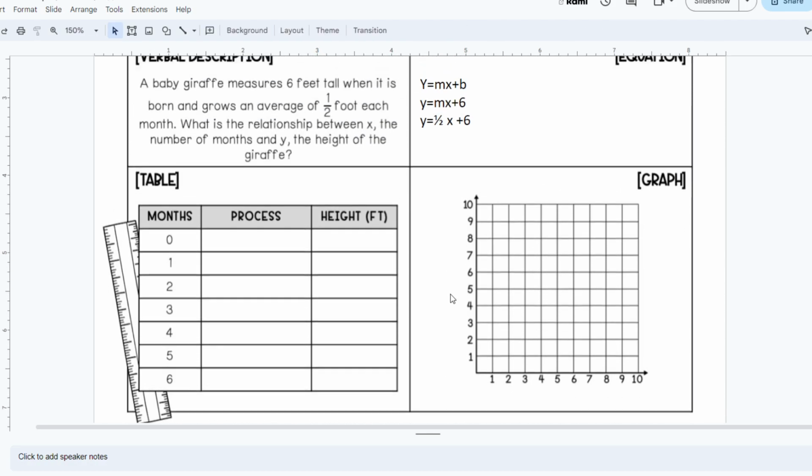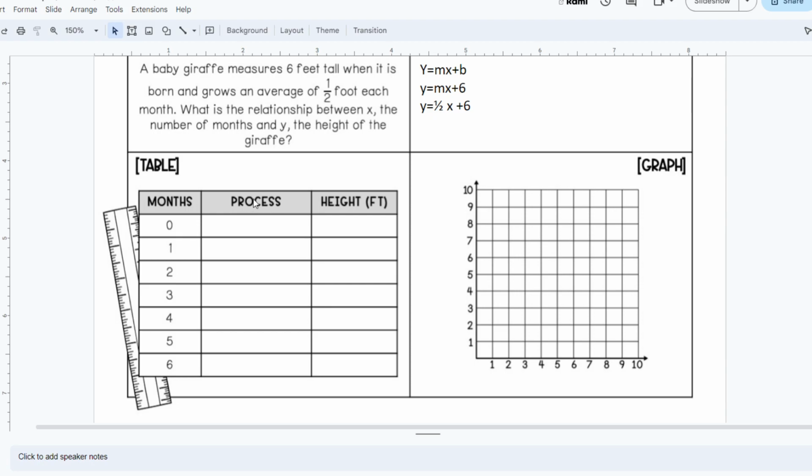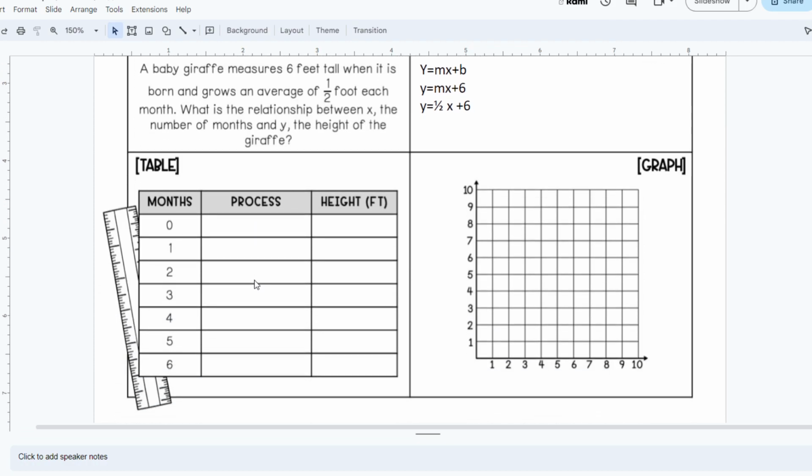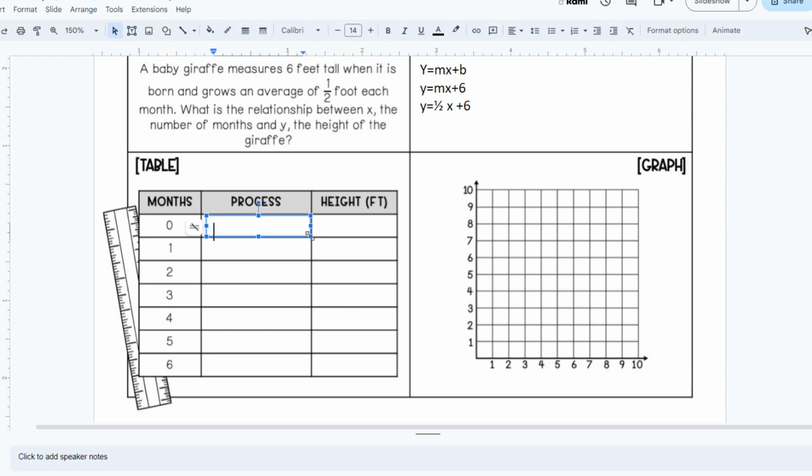Let's look at the table now. Process. Oh, okay, that's what it means. So when it says process, I'm pretty sure that's referring to the equation and what you plug in for x. So if the equation is y equals 1/2 x plus 6, the process would be